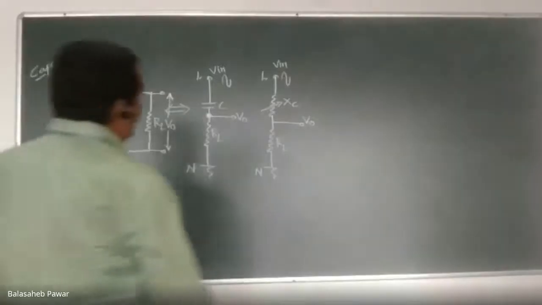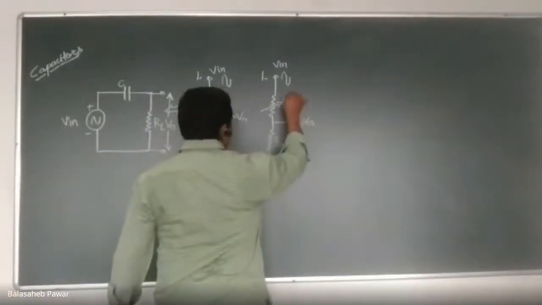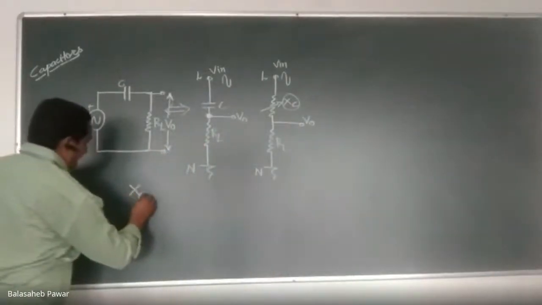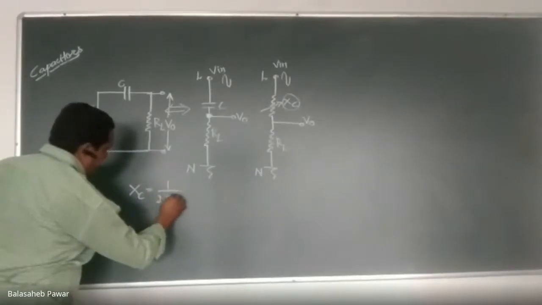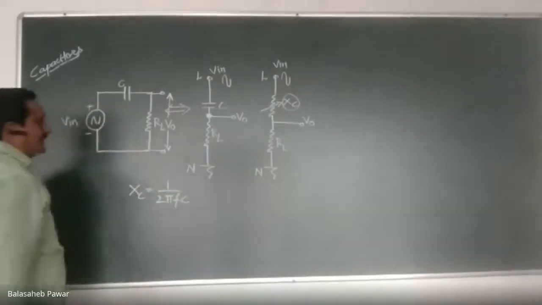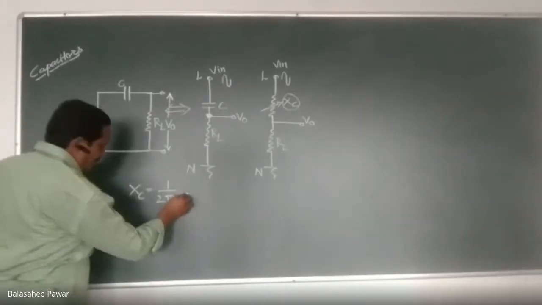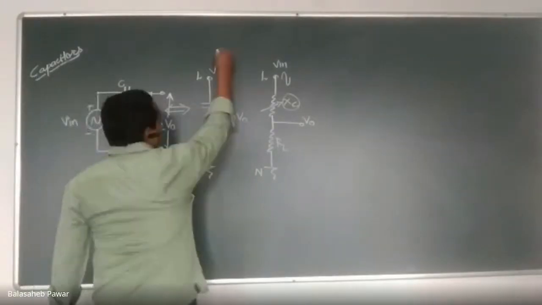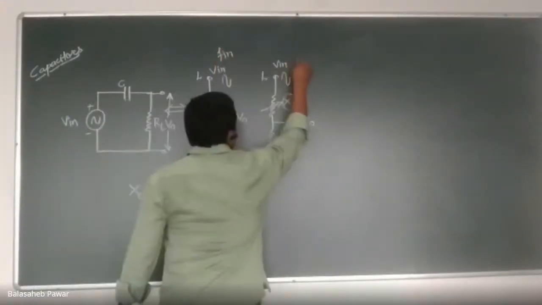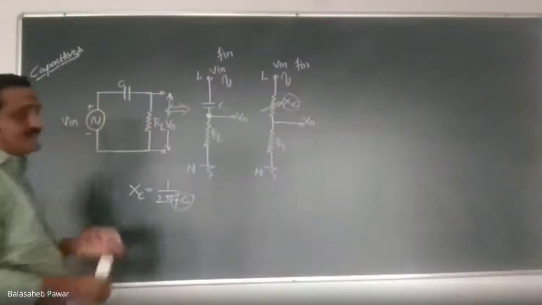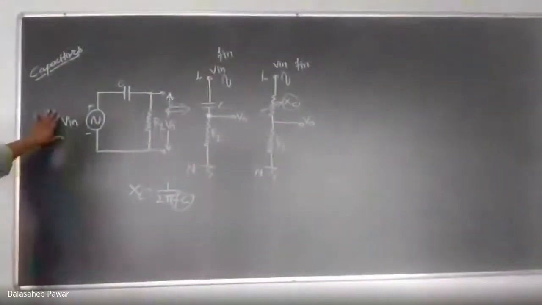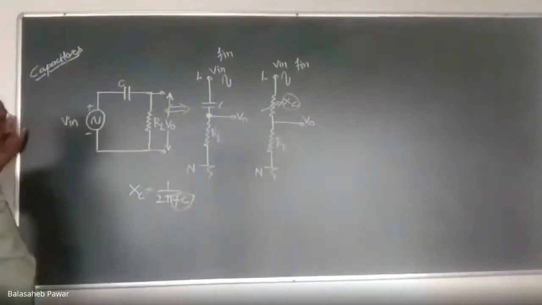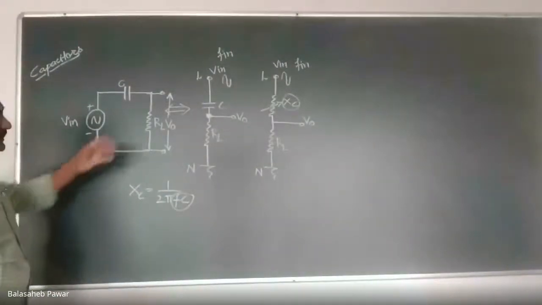Okay. Now see, what is this XC? XC is the reactance offered by that capacitor, which is equal to 1 upon 2 pi FC. That means this term depends on two factors. One is the frequency of the applied input signal, F in. The input signal will have its own frequency, which may be from 0 onwards, even in megahertz. And the other is C, that is the capacitance of that capacitor.